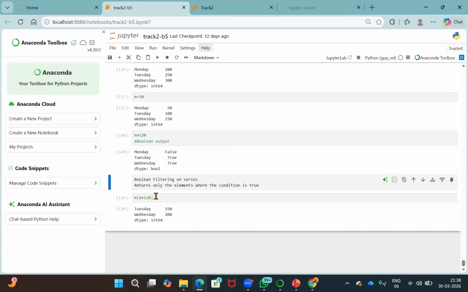Right? So we are only getting Tuesday and Wednesday. Any doubt with the arithmetic thing? Arithmetic is the same, it will happen element-wise. And for the Boolean, if we do just greater than 120 or any value, it will give us the Boolean output. But if you do n[n > 120], it will only return the values which are greater